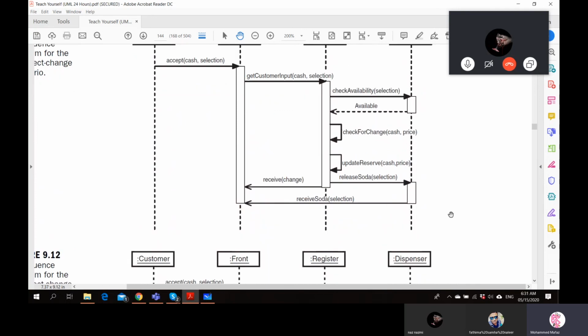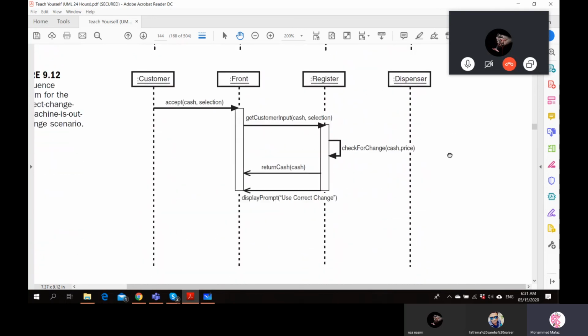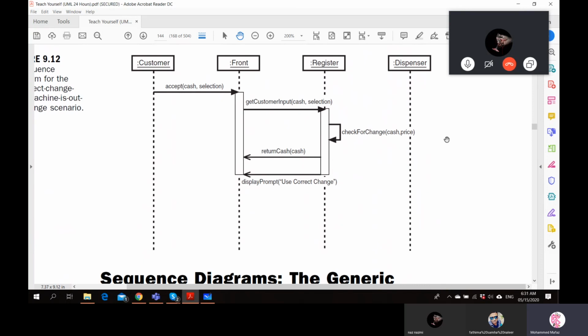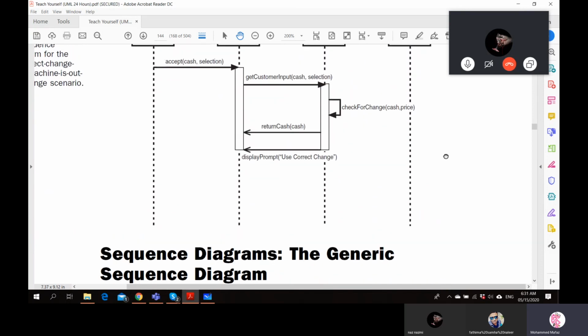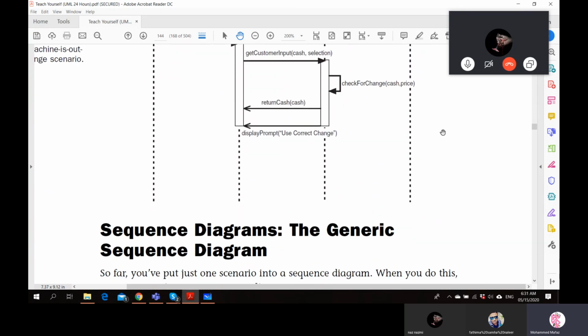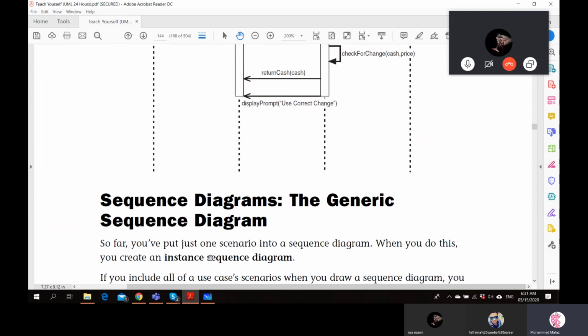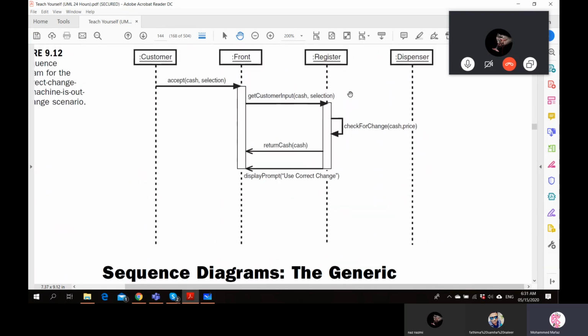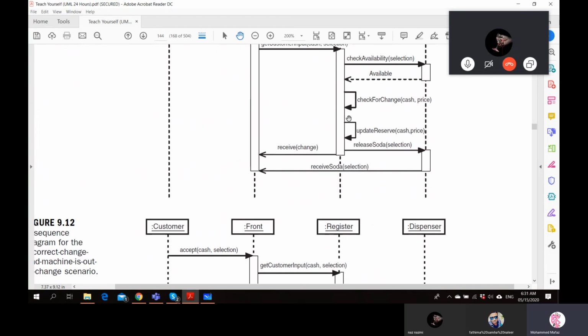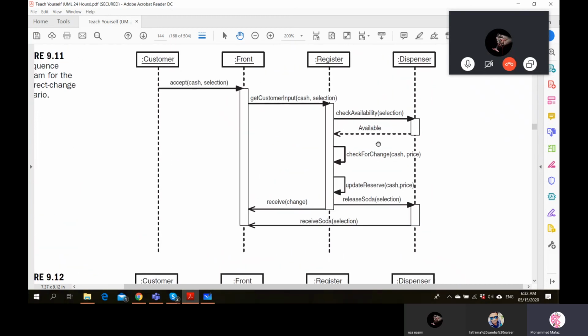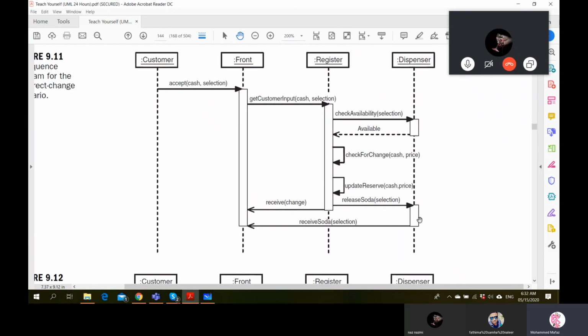Okay, so I'll stop at this class, and I assume you go through these things. In the next class, we'll discuss further how we combine all these different scenarios into a generic sequence diagram, right? All this time we were discussing single instances. For each scenario, we drew a separate sequence diagram and tried to understand.